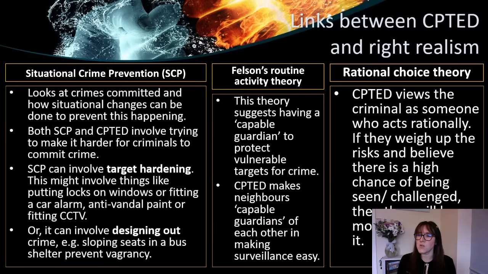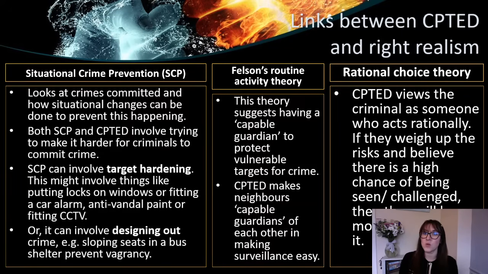Rational choice theory. CPTED views the criminal as someone who acts rationally. So there's a rationality behind them. If you know that they're thinking rationally about what they're doing and the crimes that they're committing, if they weigh up the risks and believe there is a high chance of being seen or challenged, then they will be more